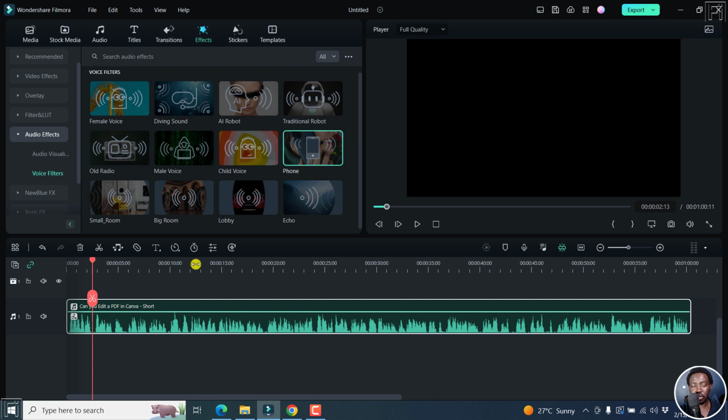Now, the only unfortunate thing with this is that if you'd like to add any new sound effect, the old one is going to be replaced. So for example, for the small room effect right here, if I actually play this,